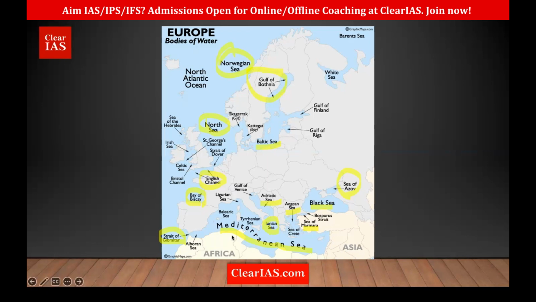Then here there is the Strait of Gibraltar, Bay of Biscay is important, English Channel and Strait of Dover are important. Then we have the North Sea and Norwegian Sea, which is part of the Atlantic Ocean currents. Then there is the Baltic Sea and Gulf of Bothnia. So these are the important ones you must learn when we're talking about what? The European seas. I think we have covered a lot of topics today.